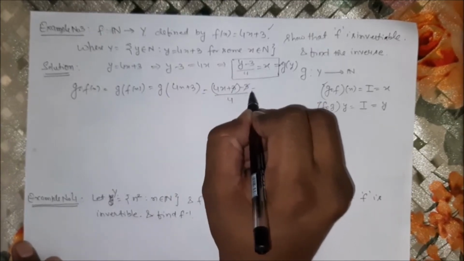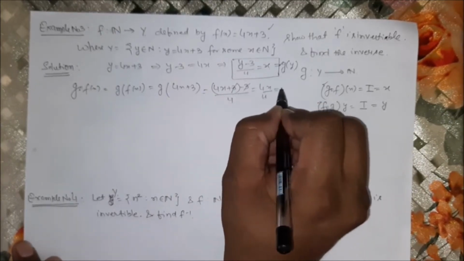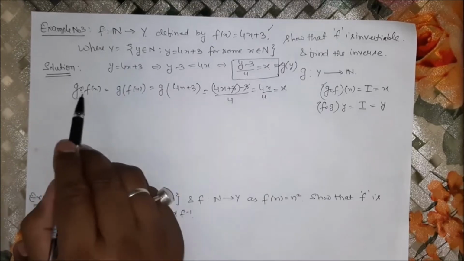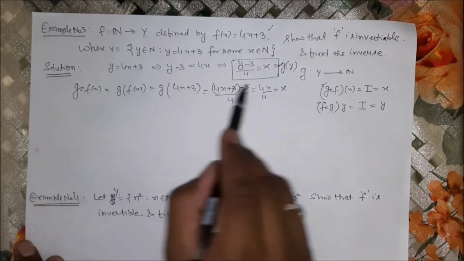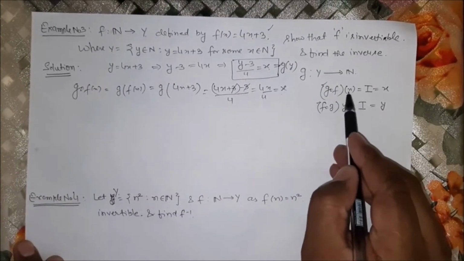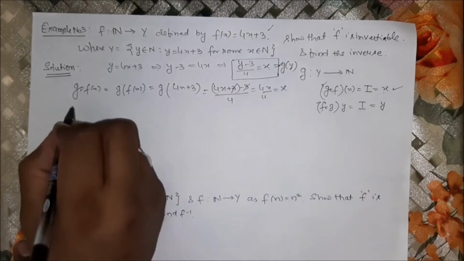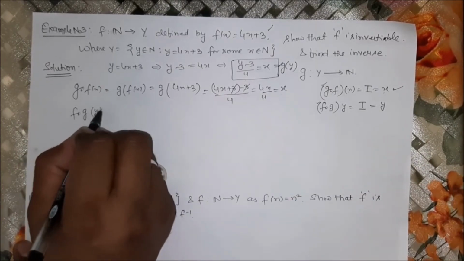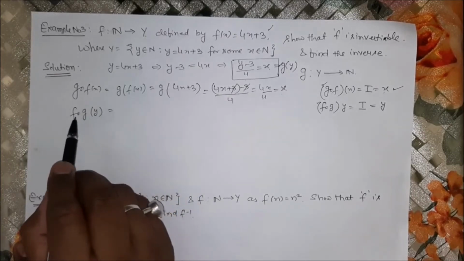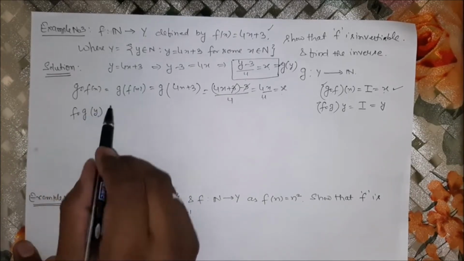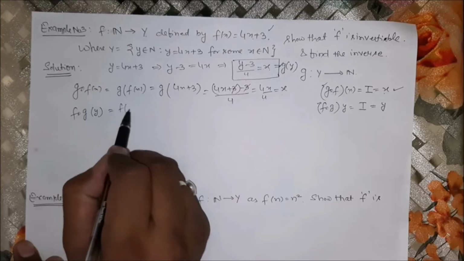Solve it, 3 gets cancelled, 4x by 4 you will get x. Clearly gof of x is equal to x. Now we need to check fog. If we consider fog of y. Now why are we taking fog of y? Because if you write it like this, f of g of y,